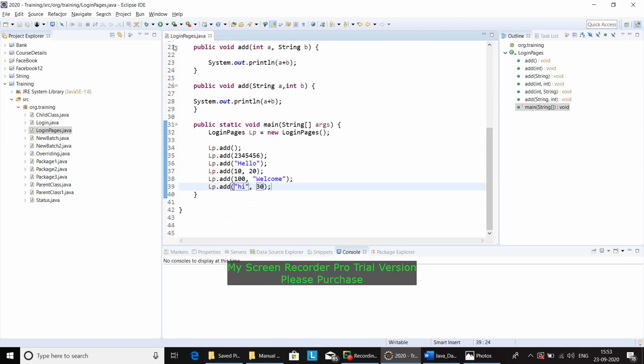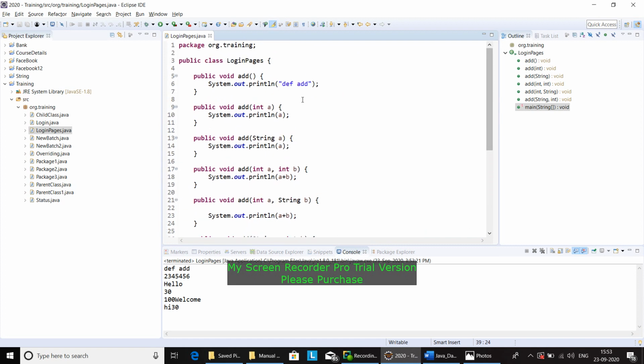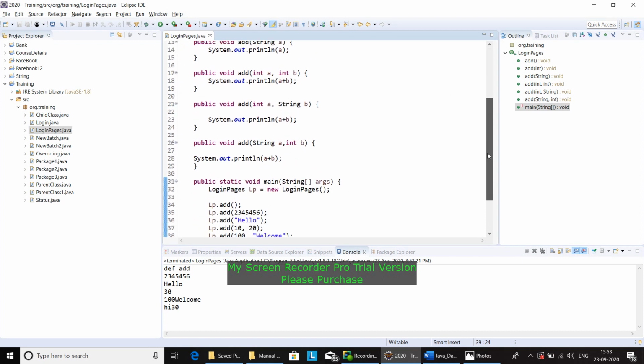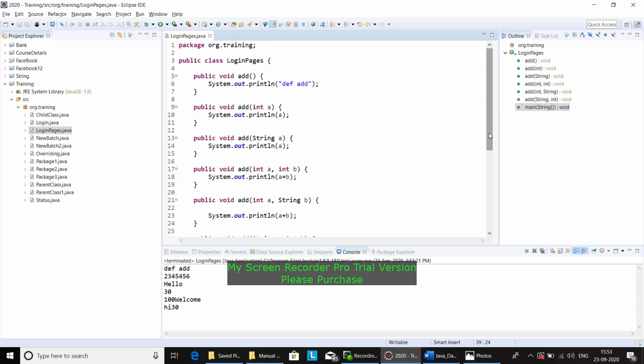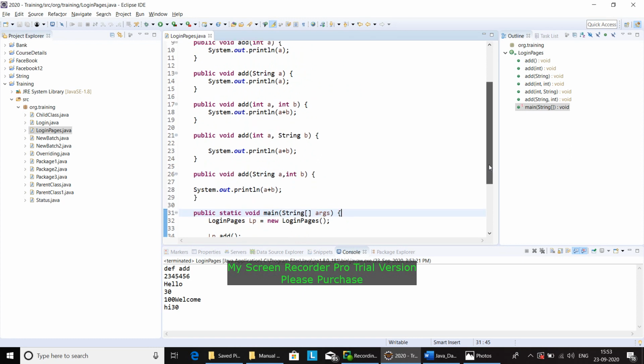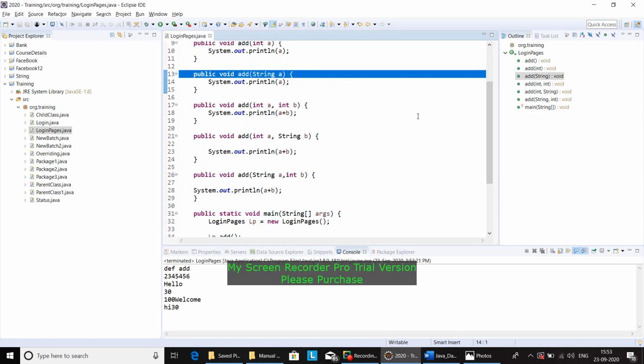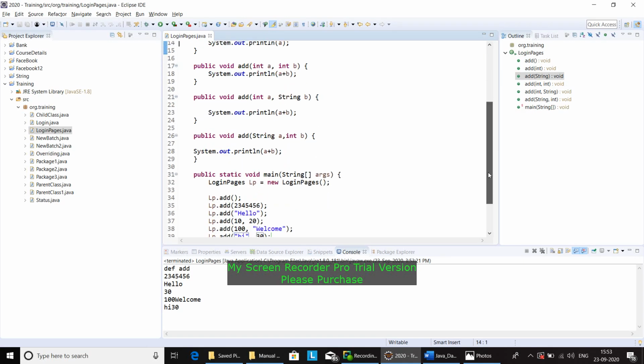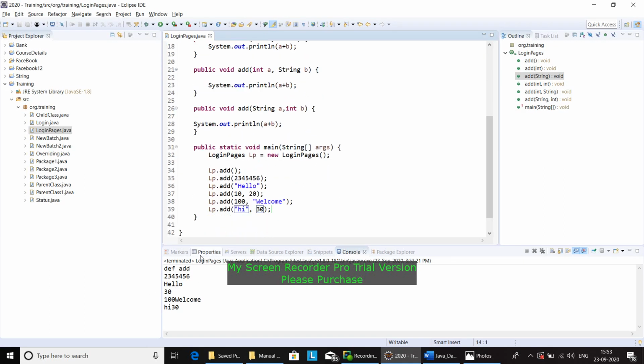Now let's run the program and see how it is coming. See, for the first one we gave default add, so default add came. For the second method, int a, we passed some values as 2, 3, 4, 5, 4, 5, 6. Then for the third method we gave string a, and for that we passed the string hello, so hello came.